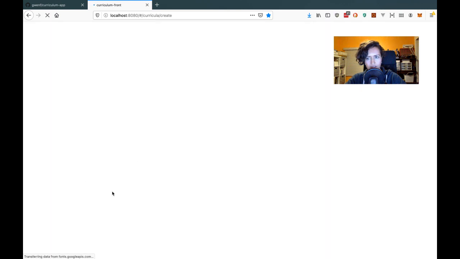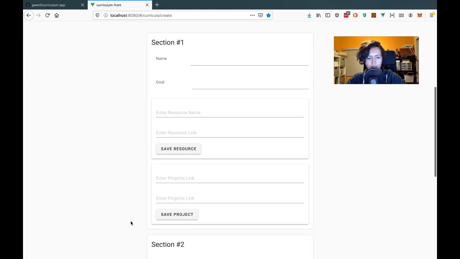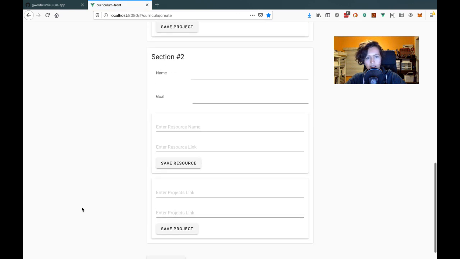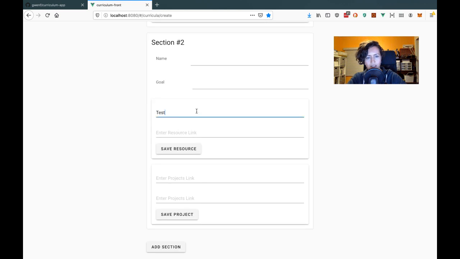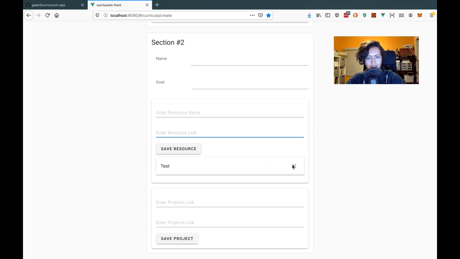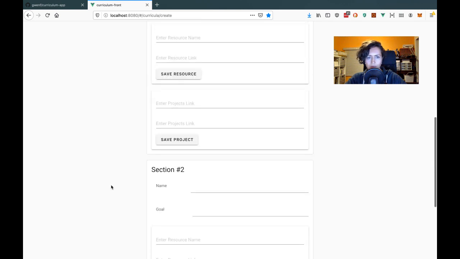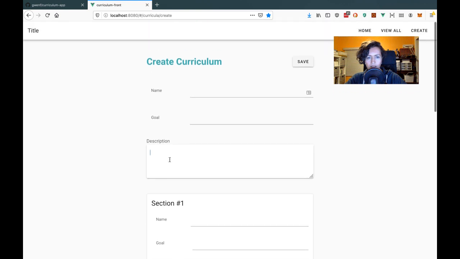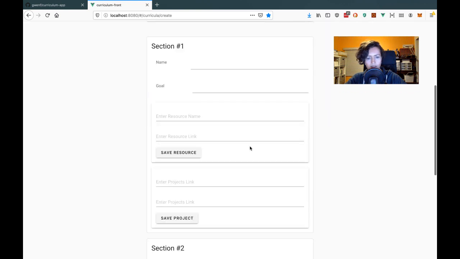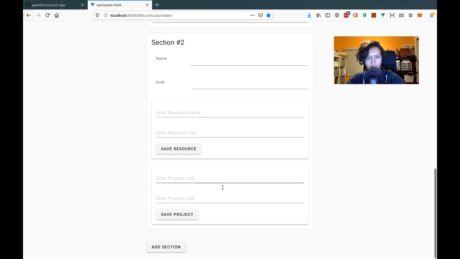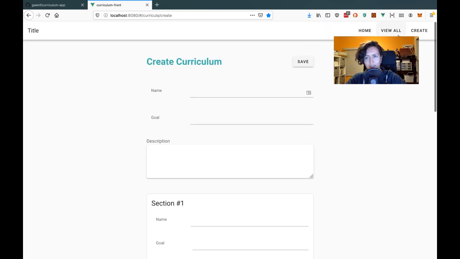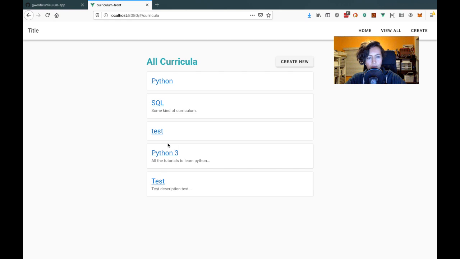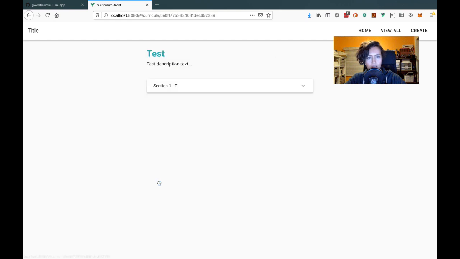Did I? Yeah. So let me add a new section. Great. So the new section adds just fine. Let me make sure I can add something in here. Sweet. So that works too. And okay. Yeah, this is all working. Not quite looking good, but working. So that's exciting. Now let me go to viewing one of these, because if I go to test,